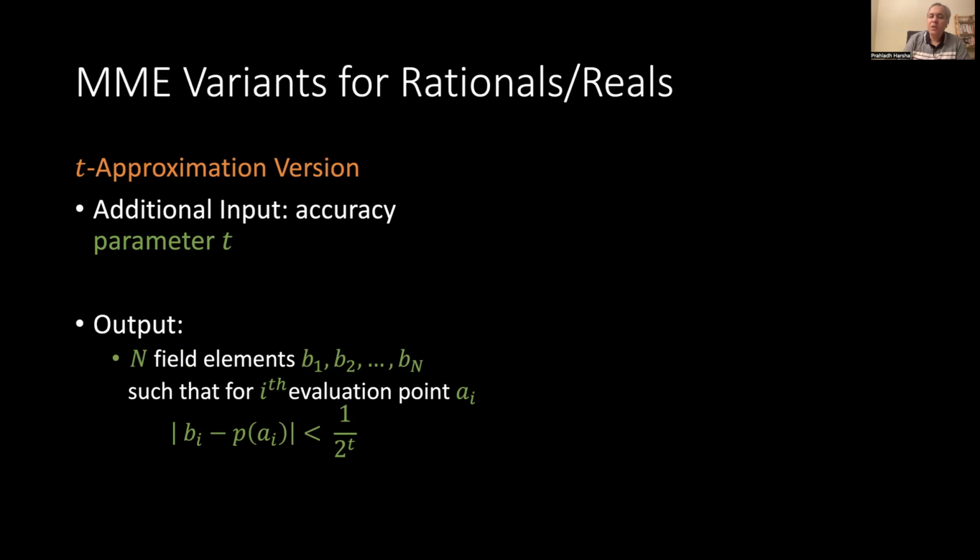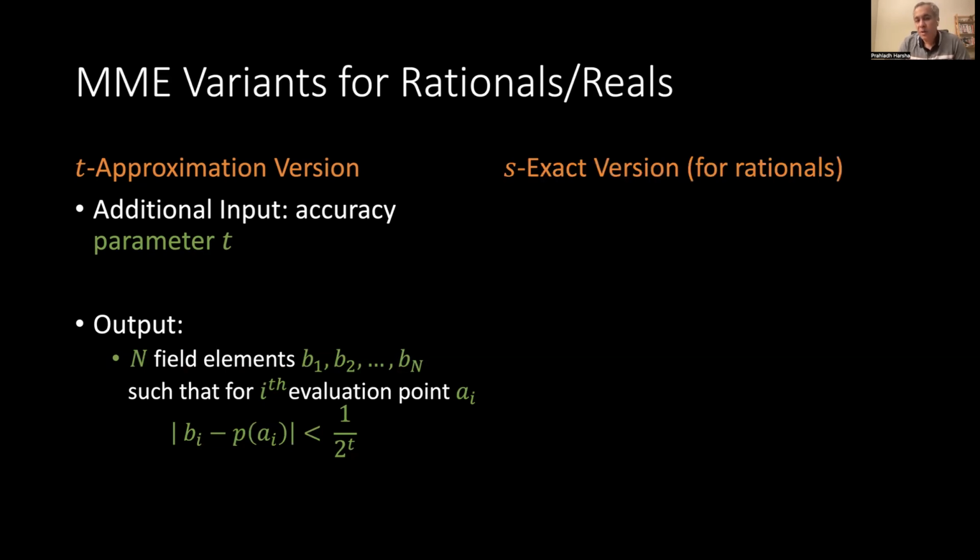In particular, each is within an additive error of at most 1 over 2 to the t of each of the evaluations. So this is what we call the t-approximate